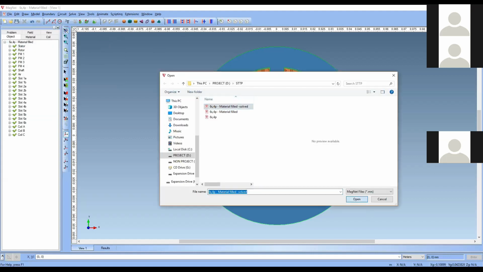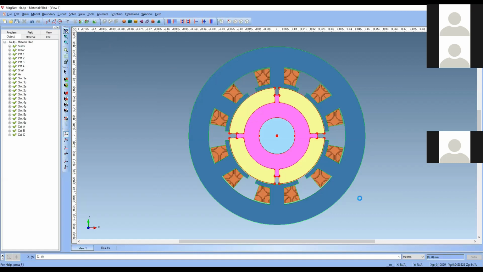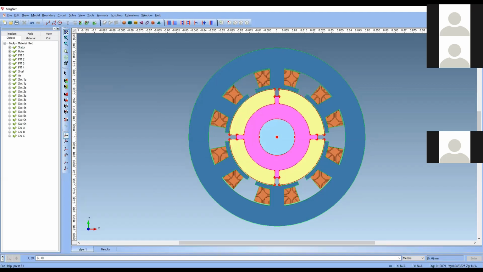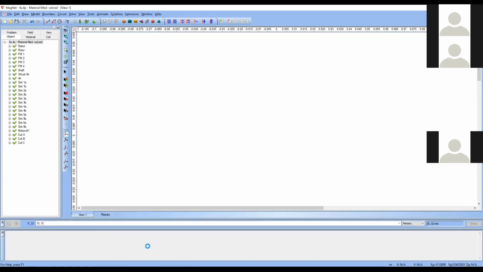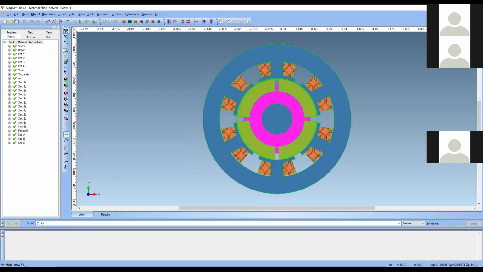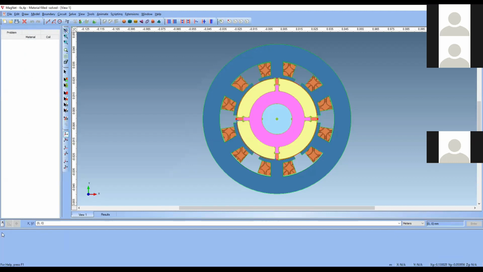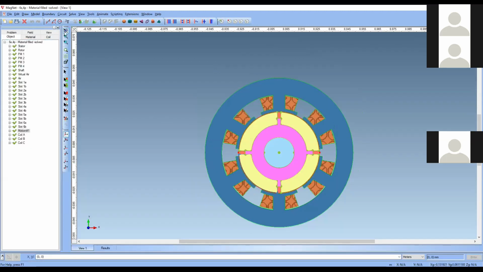It will take time, so I have already solved the model and kept it. I will just open that model and show you what options I have selected. As I told you, in this model I have created the motion component.